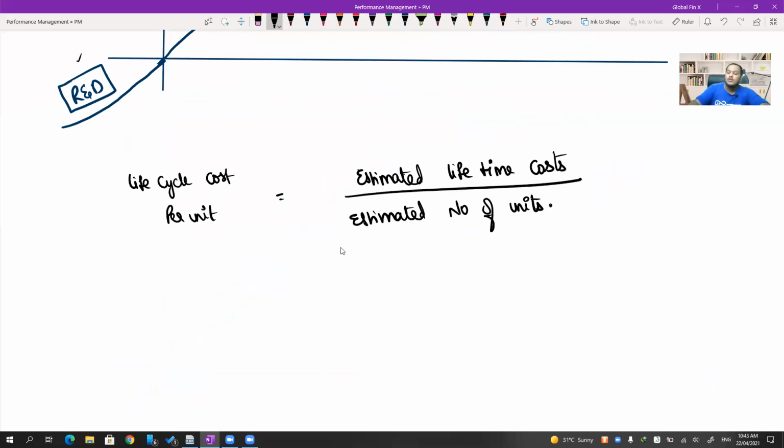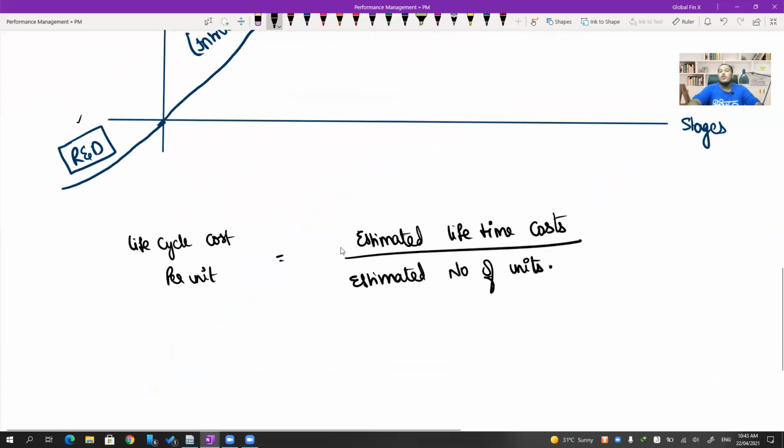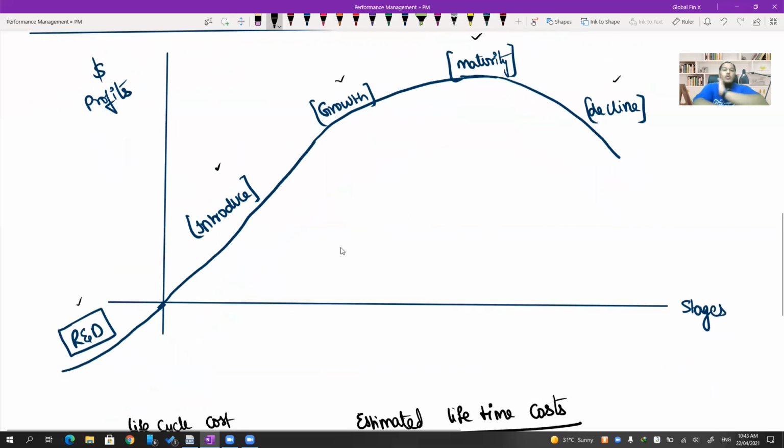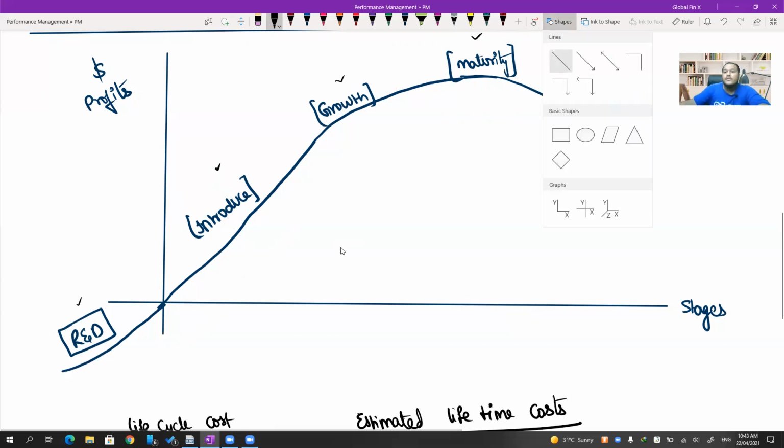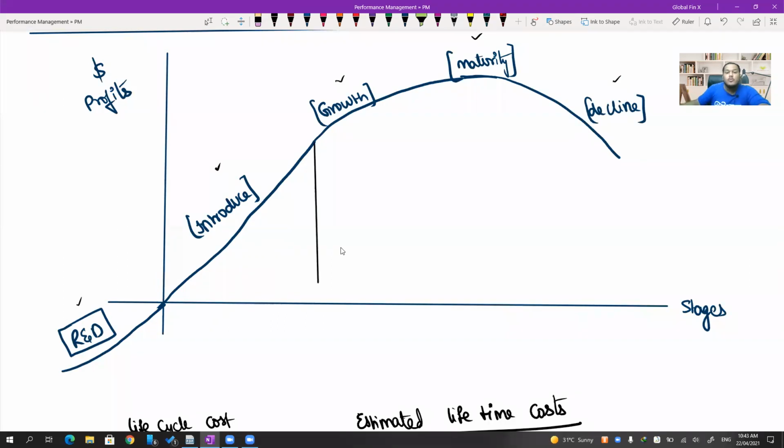You know what happens because of this? What happens under the normal phases? First, let's understand that. If I'm going with the traditional costing techniques, marginal, absorption or ABC, whatever it is, what do you think the cost pattern will be? During the introduction phase, during the launch phase, my cost per unit would be very high. Sir, why, sir? Because I'm new to the market, I have not yet optimized my procedures. I'm not yet functioning at my efficiency levels, like the capacity levels. I'm still figuring it out.